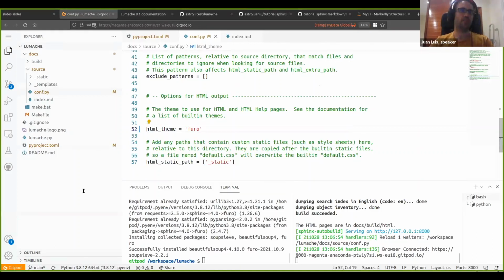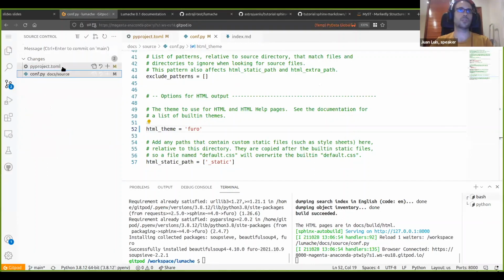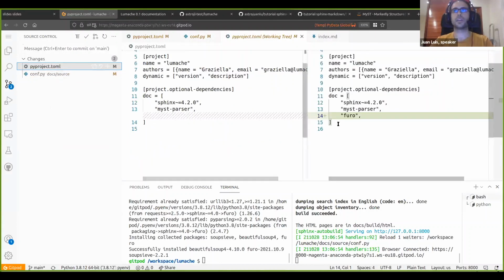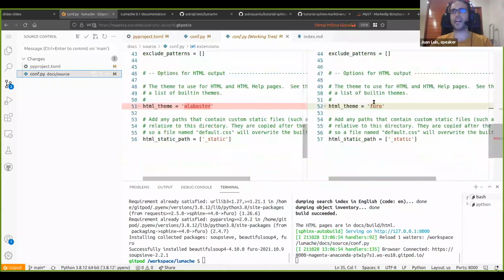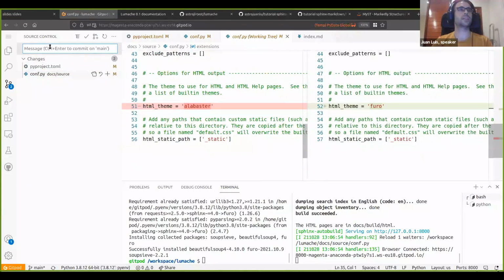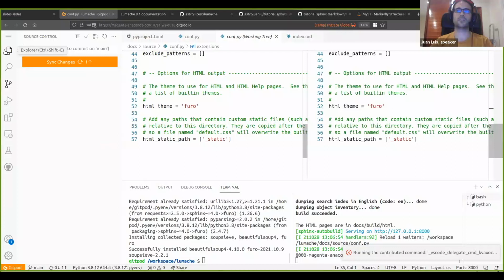Okay, so I modified my theme. I added an extra extension. So I'm going to commit my changes again. Let me go to the source control view. Let's review what we have. So I added one extra extension to my optional dependencies, and I enabled a built-in extension from Sphinx and changed the HTML. So this looks good to me. Change theme to Furo. And I sync my changes and whoop,